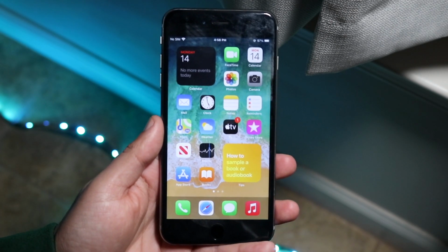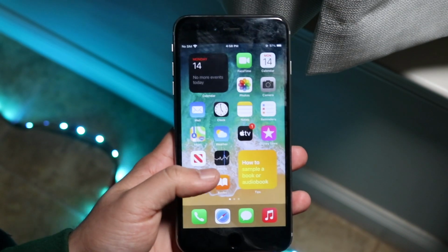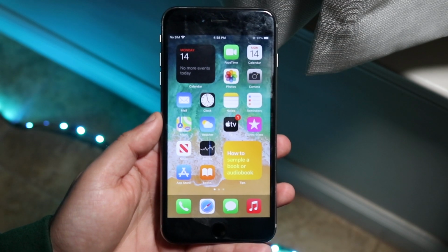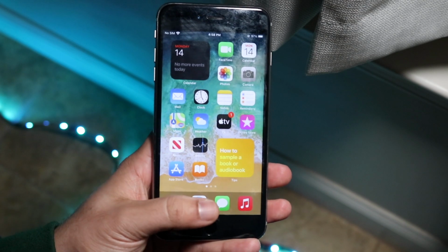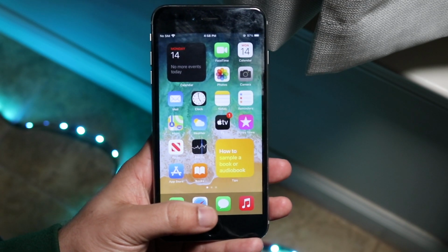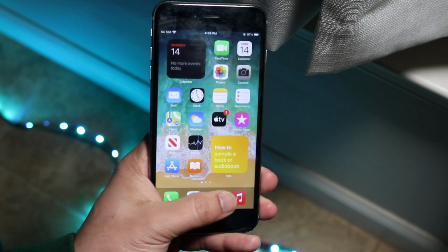Now there were a lot of key improvements, but the main thing to keep in mind is that this update, I think for the most part, was like a bug fix update. A lot of the problems that iOS 14.1.2 and 14.2 were having are going to be fixed with this update. If you were missing iMessage notifications and stuff, that should be fixed for the most part. That was a huge issue that I was running into, but that should be fixed with this update,